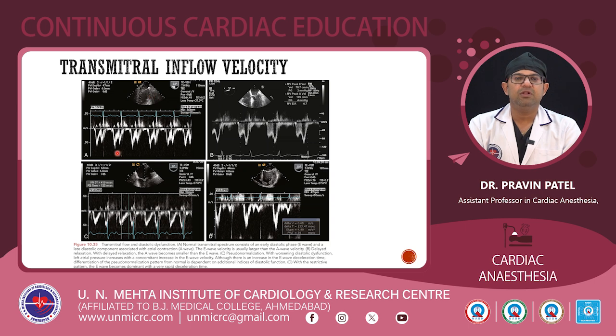You will get a particular waveform. The one you see here is the E wave and the one here is the A wave. What is the E wave? The E wave is the early phase of diastole and A corresponds to atrial contraction. In a normal patient, E is usually more than A. But in delayed diastolic dysfunction, the E wave becomes opposite to the A wave, that is, E is less than A. Why? This is mainly because atrial contraction takes more contribution for the maintenance of